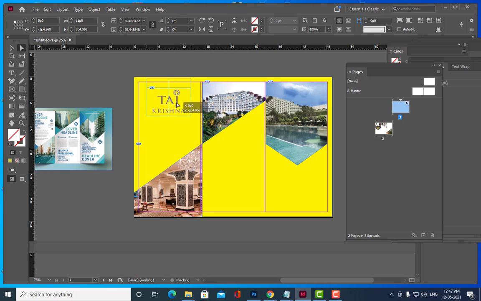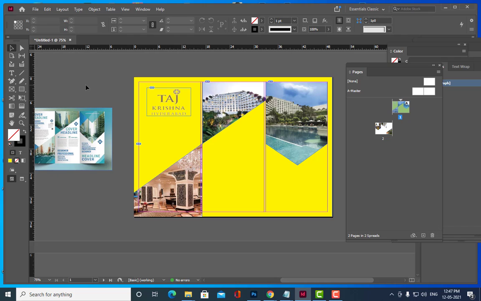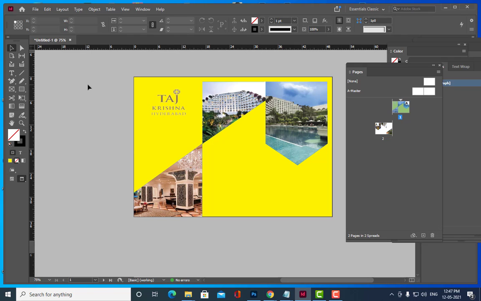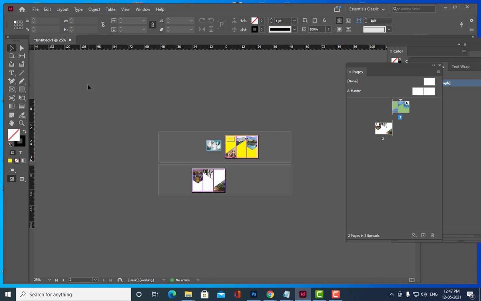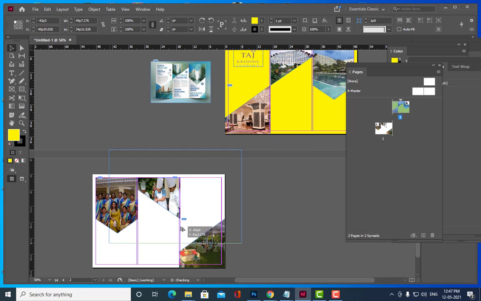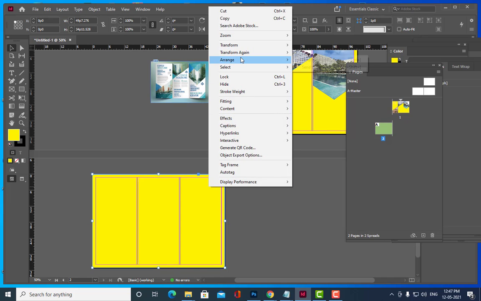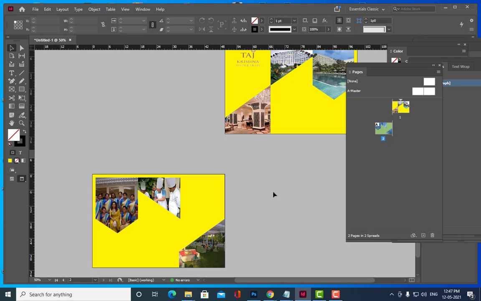Is it clear, all of you? Yes, sir. Okay. So once we have adjusted it like this, right. Now we'll do the same thing. We want the same color, same yellow background. So simply Alt and drag, and then right click, arrange, send to back.